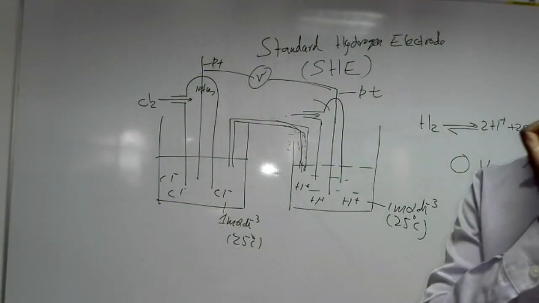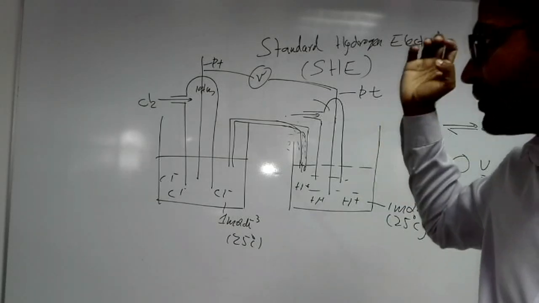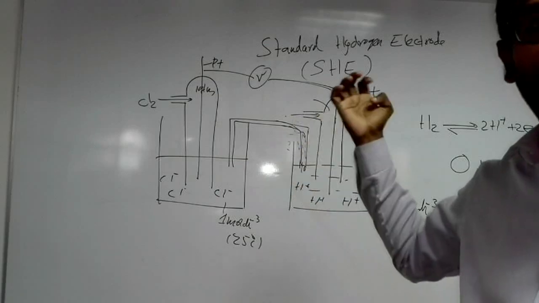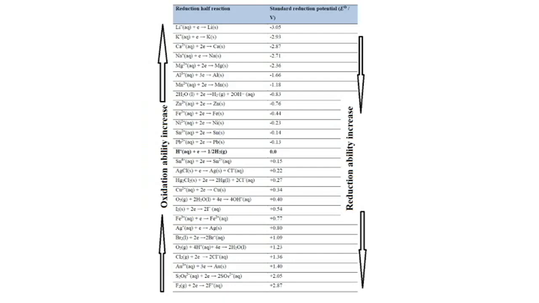So in an electrochemical cell, we just prepare a standard gas electrode and a standard metal ion electrode. After the measurement of this type of voltage difference, the electrochemical series is prepared according to the standard hydrogen electrode. So the standard hydrogen electrode is used as the reference value, and then the other electrodes are measured. And in the next slide you can see the standard